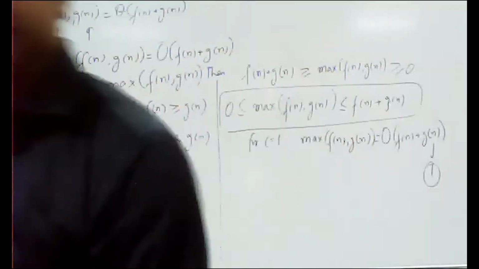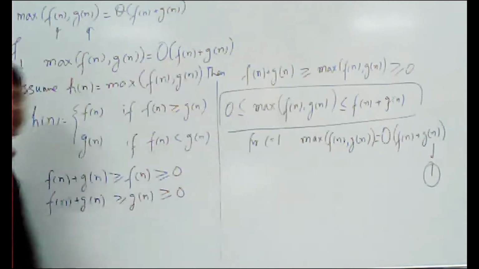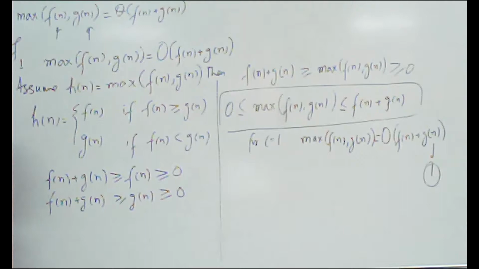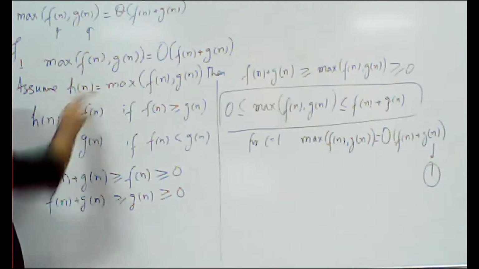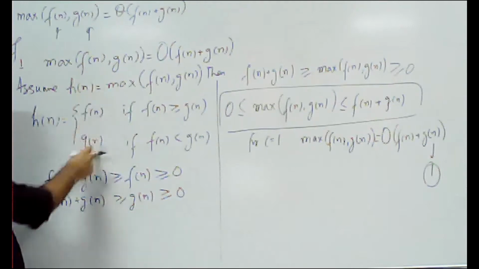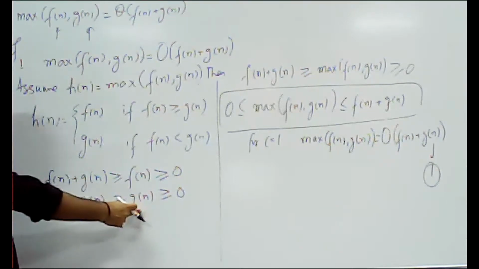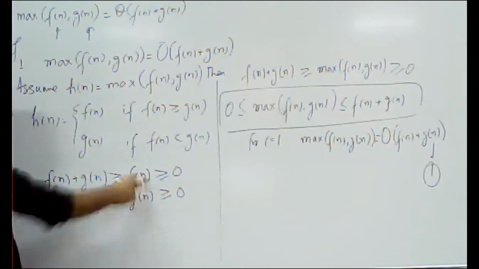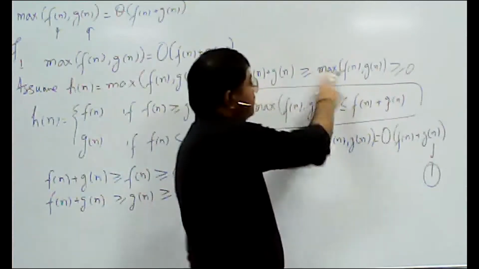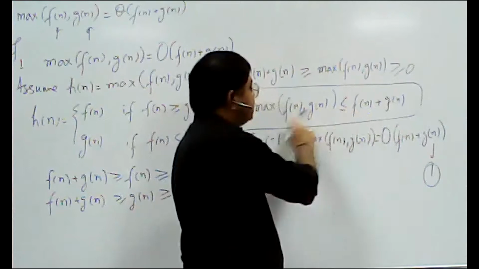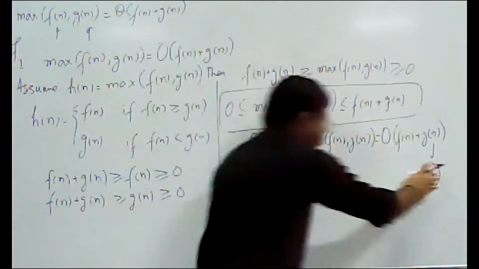Note it down. See once more. The simple thing is that we have to prove that max of f(n), g(n) is order of f(n) plus g(n), and f(n) plus g(n) is the addition of two quantities. Suppose h(n) is equal to max of f(n), g(n). So it will be either f(n) or g(n). Since f(n) plus g(n) is the addition of two quantities, it is greater than f(n) and also greater than g(n). Now max of f(n), g(n) is either f(n) or g(n), and since the sum is greater than both, we can say that it is greater than max of f(n) and g(n). So reverse this, and we will get the inequality which is the big O inequality. So we can write this here. Note this down quickly.